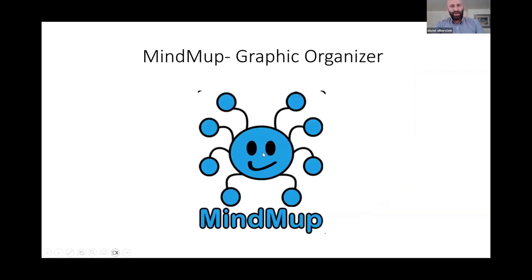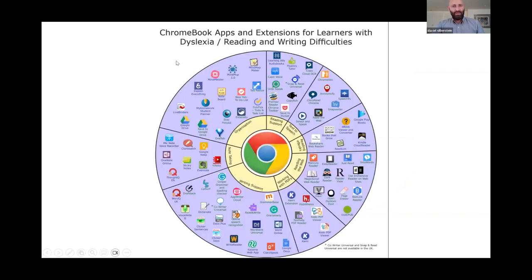So that's Google Keep. And then just in terms of a graphic organizer or mind map, thinking map, whatever it is, it's a visual map for how to organize writing, think about first, second, third, however they want to organize themselves in a visual manner. That is an option there as well. There's a ton of other